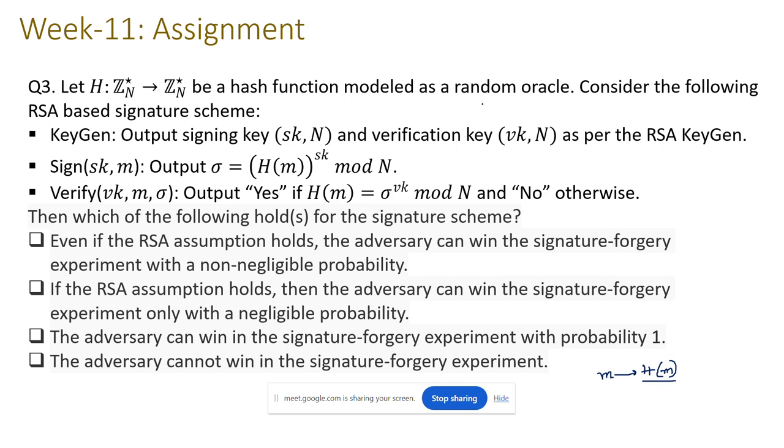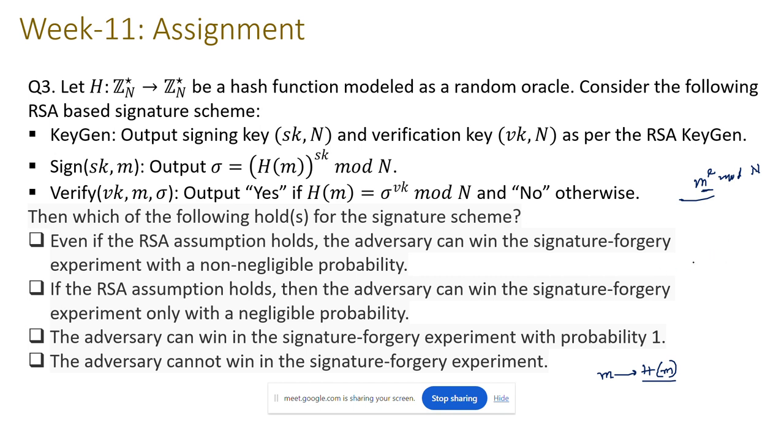What does the RSA assumption say? It says that given some m to the power e mod n, you can't say anything about the underlying m, right? So of course that also holds true, because both of the assumptions need to be there. If any one of them fails, then